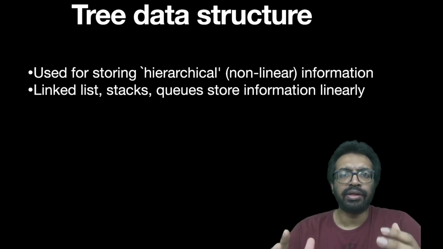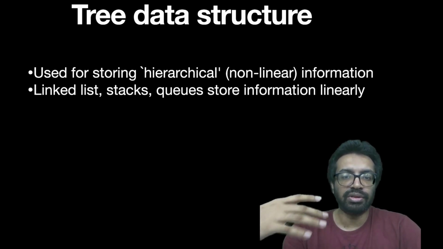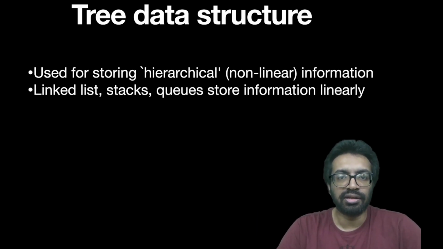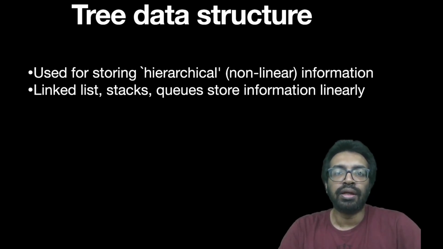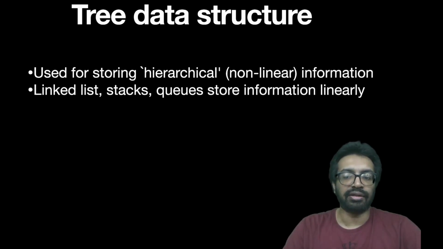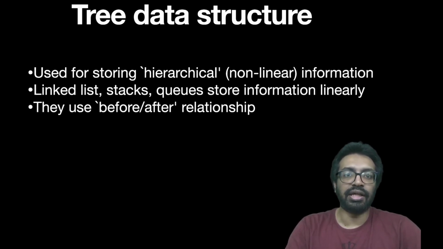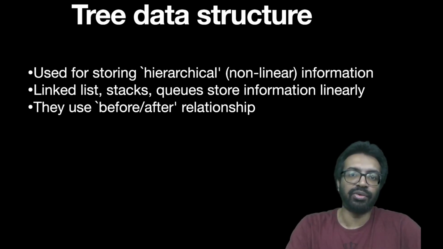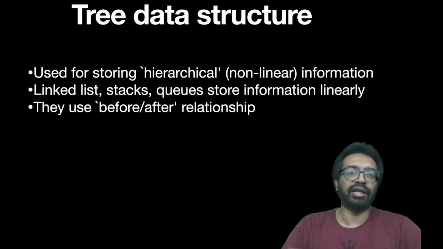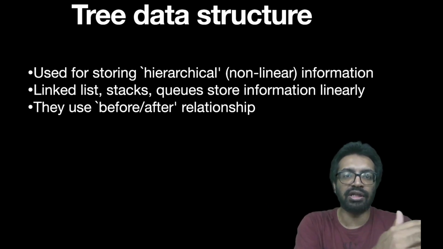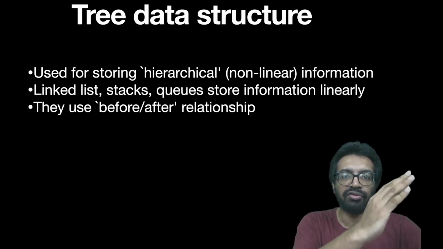Let's see. The data structures we have seen till now, like linked lists, stacks, and queues, store information linearly, right? A linked list is linear, like a line, in the sense that there is always a before node and an after node. There's a starting node, a line of nodes, and an end node, right? So this is information stored linearly. You traverse the nodes one by one from left to right